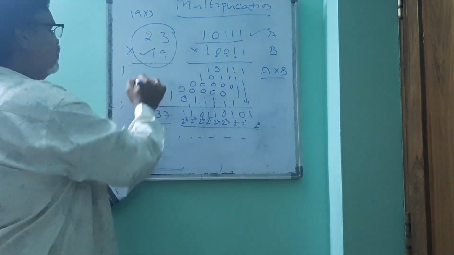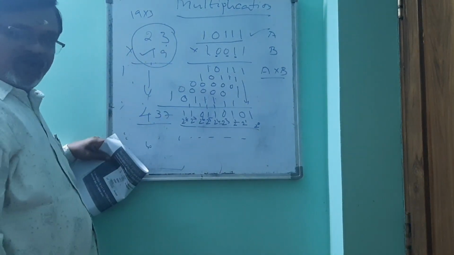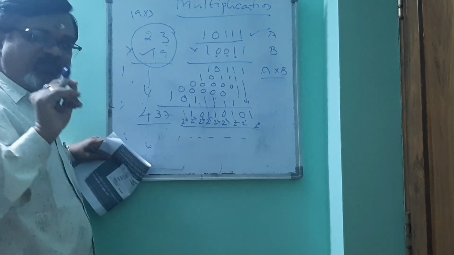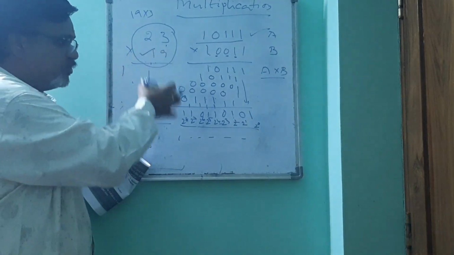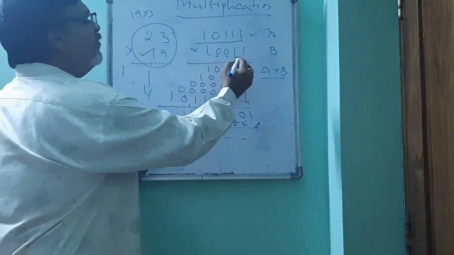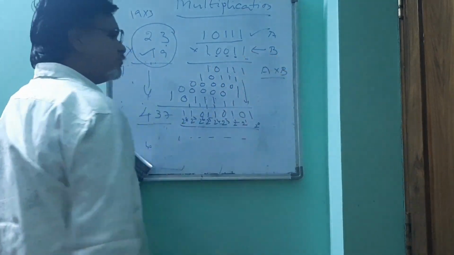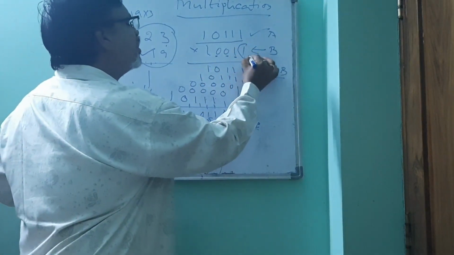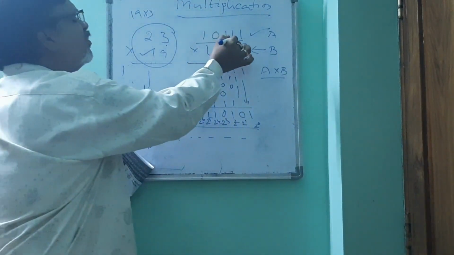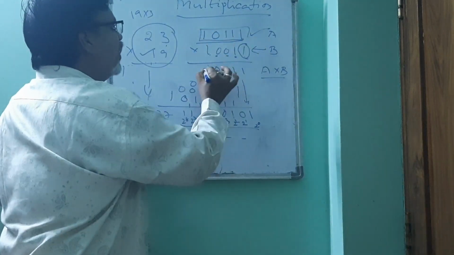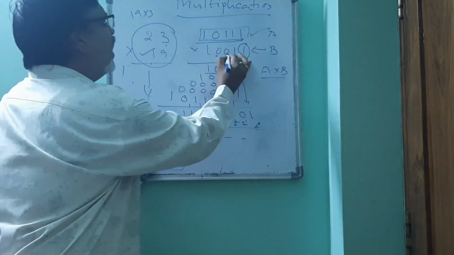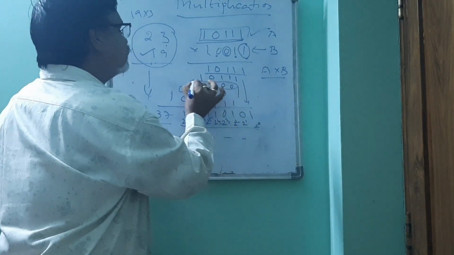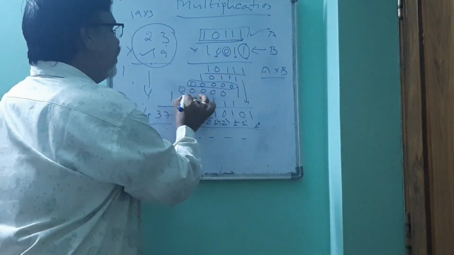So, but this is nothing but 437. Okay. So here you just need to remember a small logic in this process of multiplying: if in the multiplicand the value is 1, this A we are writing as it is. If the value is 0, we are writing zeros. Here it is 0, we are writing zeros.